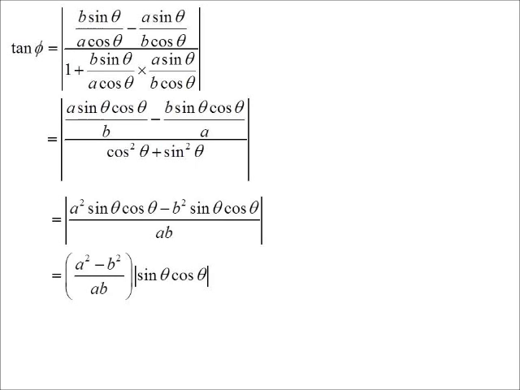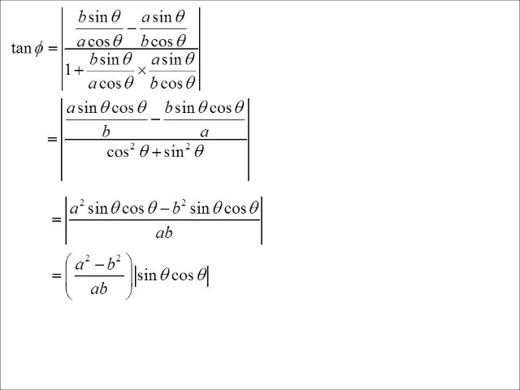We've got a cos theta, b cos theta, and that also is a cos theta, b cos theta. So if I multiply everything by that, I end up with a sin theta cos theta on b minus b sin theta cos theta on a on, oh, look at the bottom of that fraction, isn't that lovely? Cos squared plus sin squared, which is, of course,